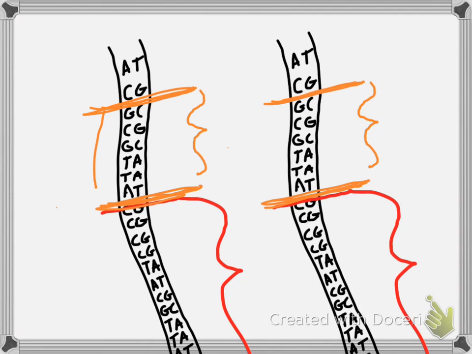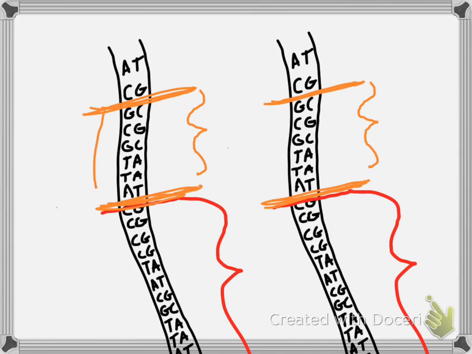So within this orange gene, and maybe this is a gene that codes for curly hair or not, curly hair is all about the shape of the protein that makes up your hair shaft. I think triangular shafts give you curly hair, round shafts give you straight hair. So maybe in this one gene,